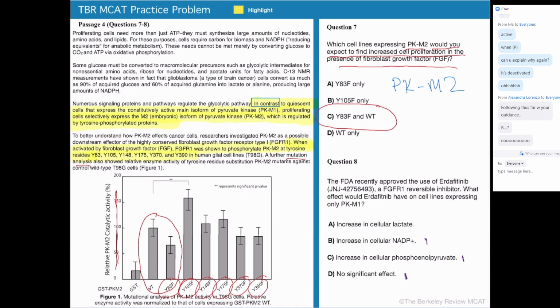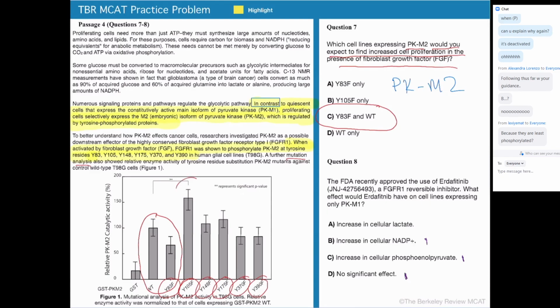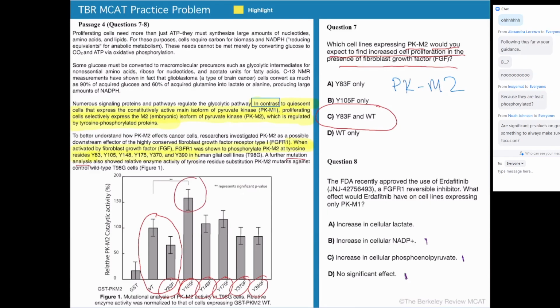Okay. Now, if we have just the wild type one, right, where it can still be regulated, in the wild type, right? It can still be phosphorylated, meaning it can be turned off, meaning you can go through those anabolic pathways. Do you guys see that? So this is why this is such a tricky question, right? Because this question is designed to make you think this one, right? And so the idea here,